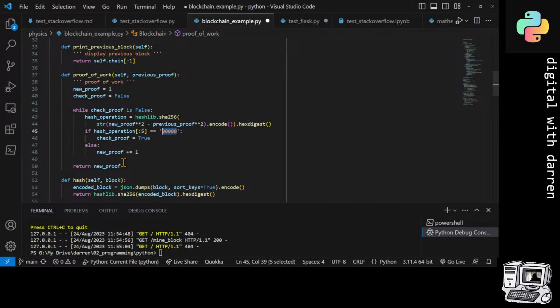Actually, let's have a look. I'm just trying to think of one thing though, because our Genesis one, well, okay, every time we enter the function, new proof is always set to 1, and the previous proof is set to 0 in code. If check the proof. So what's going to happen here, interestingly, is